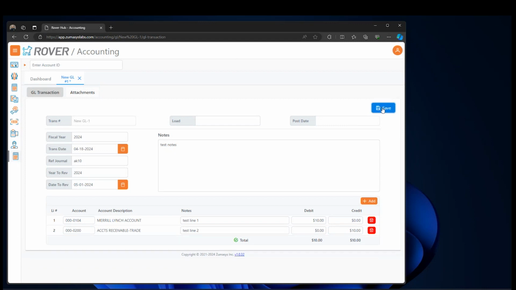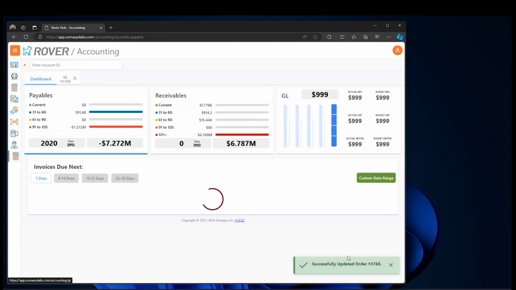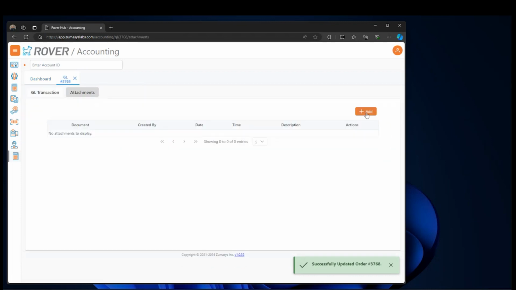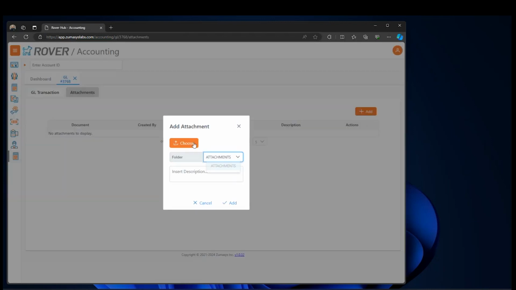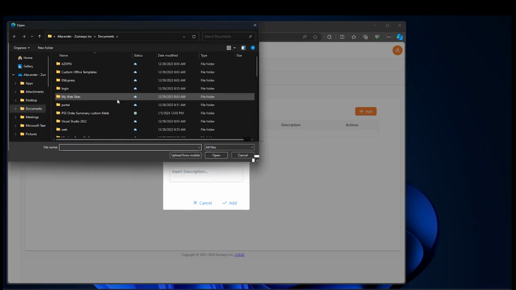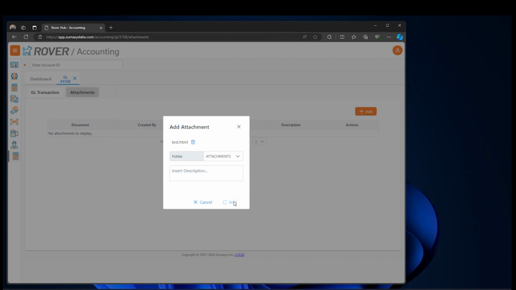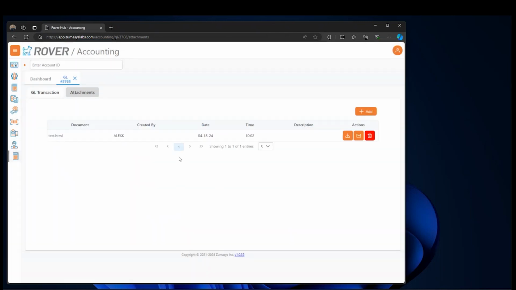Go ahead and save. We get a confirmation. We can go back, can view it. We can add some attachments if we would like. I don't know what I've got going on here. I'm gonna test. So go do all that, and then